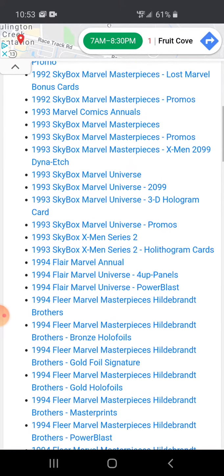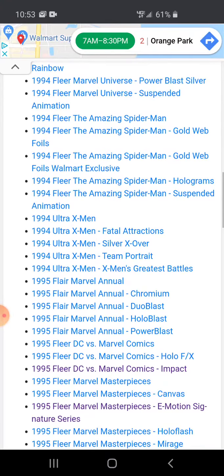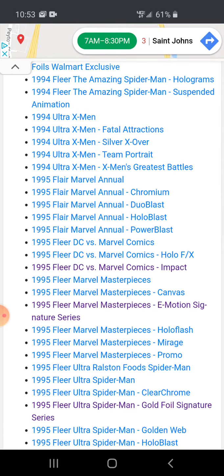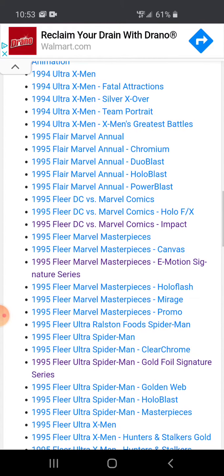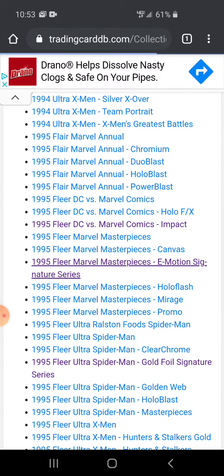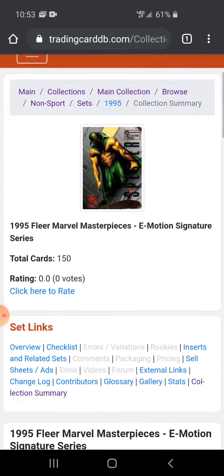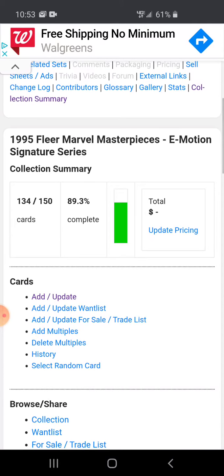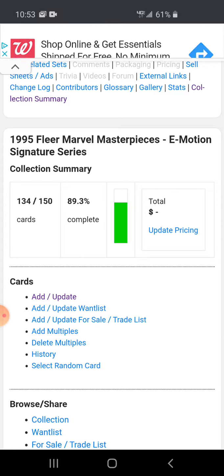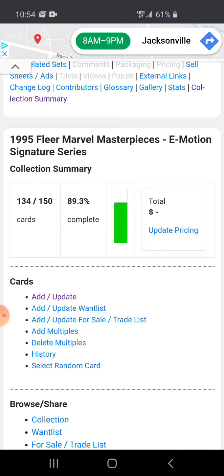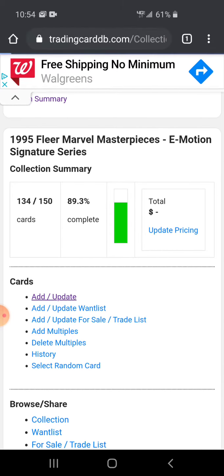From here, for example, let's say I wanted to find out what cards I still need for 1995 Marvel Masterpieces Emotion Signature Series. You can see I have it here in the middle of the page. If I tap on that, I can come in here. It shows me a quick summary. I've got 134 out of 150 of the cards in that set. If I click on Add Update,